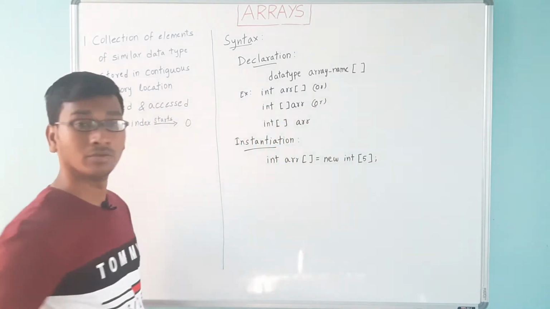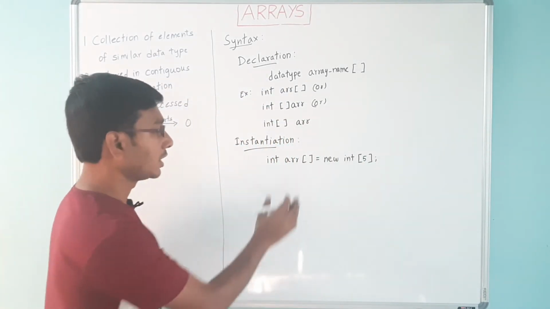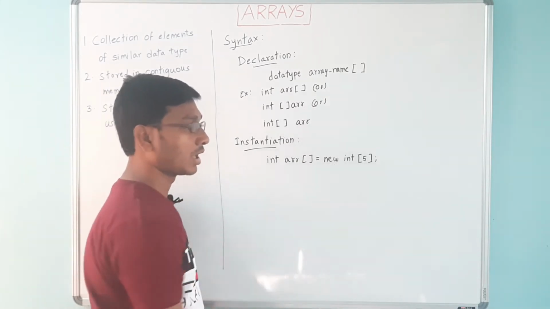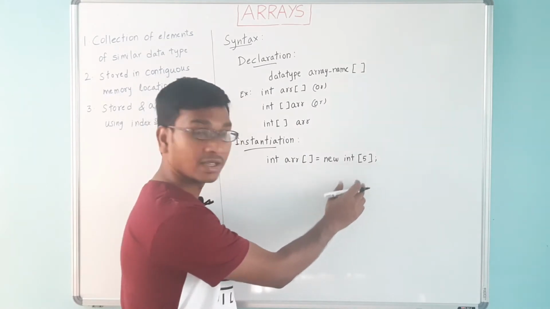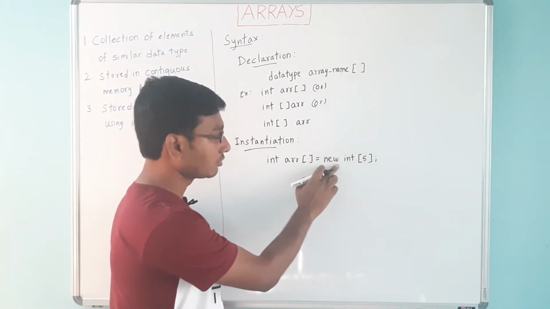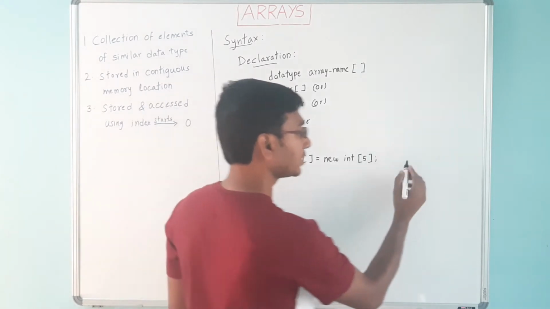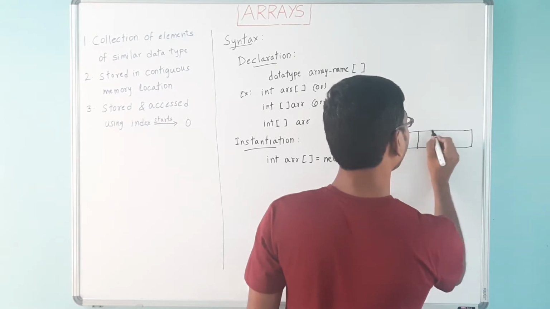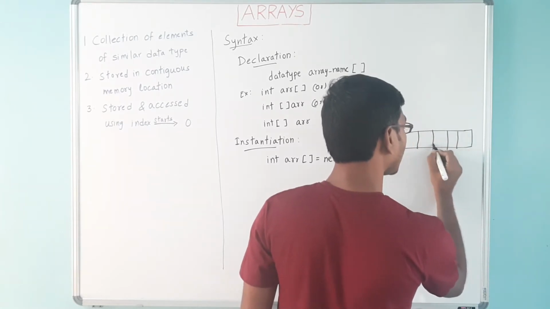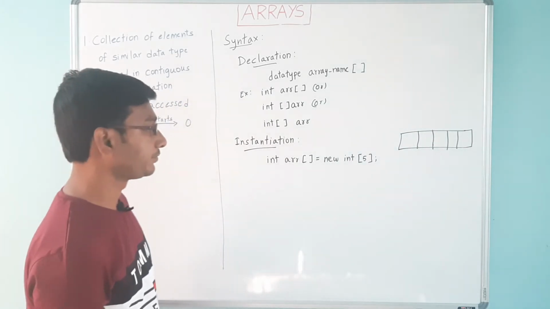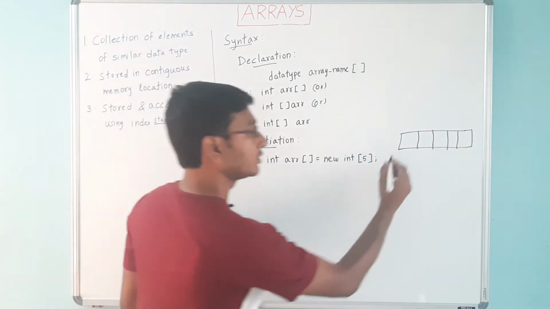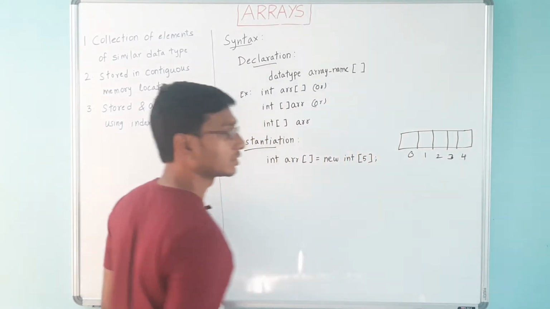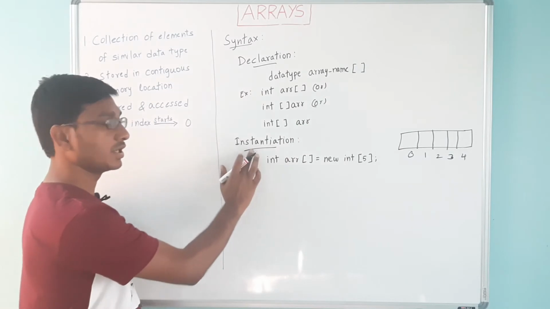So what this means is, we are asking JVM to create an array first. So that part we mention here, and allocate memory for 5 elements which are of type integer. That is what we mean by this new keyword. So with this, memory for 5 elements of integer data type gets allocated in the memory, right? And they are represented with the indexes, right? Like this. So this is the instantiation part.